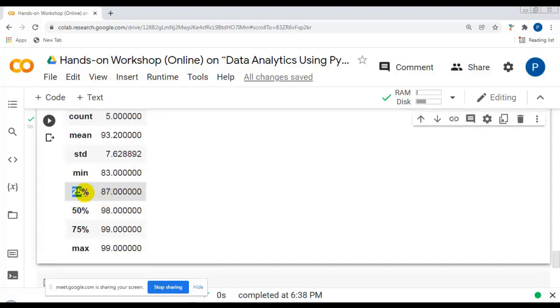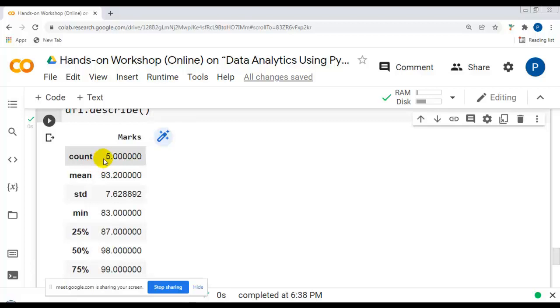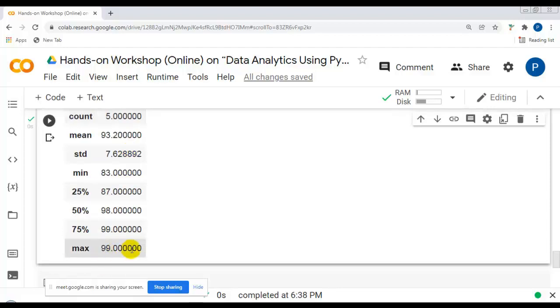In our data set 25% of values are below 87, 50% of values are below 98, 75% of values are below 99, and the maximum value in this marks column is 99, right? So I'm repeating, count is 5, this is the average value, this is the standard deviation, minimum and maximum values in this marks column, and 25% values are below 87, 50% below 98, and 75% below 99.